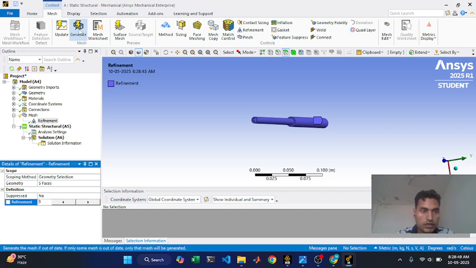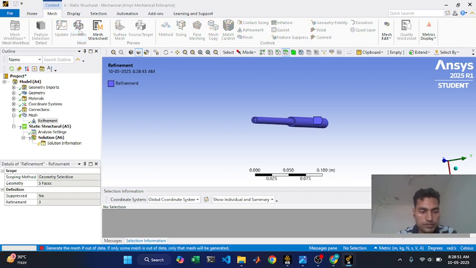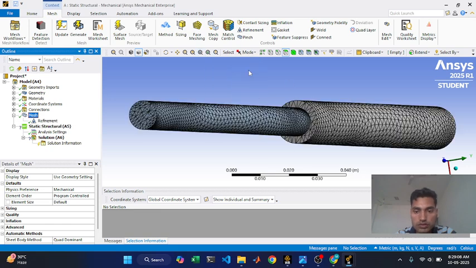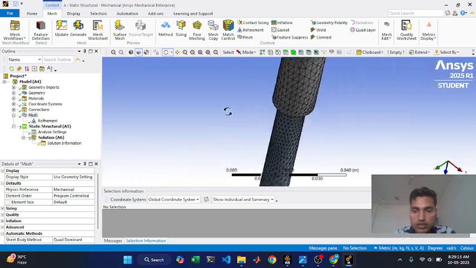Okay, let's go refine it. Generate. So the mesh is being generated. Just wait. 100% mesh generated. Now see the mesh. Okay, I have to fit it. It didn't fit. So this is the mesh created. Now since meshing has been done,